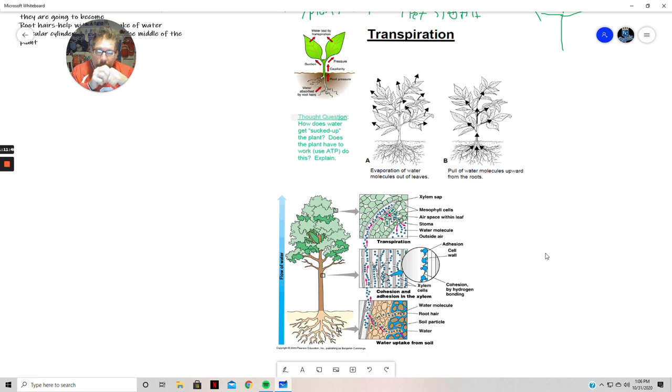This is a question that's just in the PowerPoint, but I can't arrange the picture. So you're ignoring that right there. It won't work with that question. But it's the idea that plants are able to take water from the ground and move it up through the plant, and the sugars down through the plant. That's transpiration. It's all based on vacuum. Because the question is obviously, how in the world would a tree that's 200, 300, 400 feet tall get water from the ground up to the crown of the leaves? I mean, it's an amazing process,